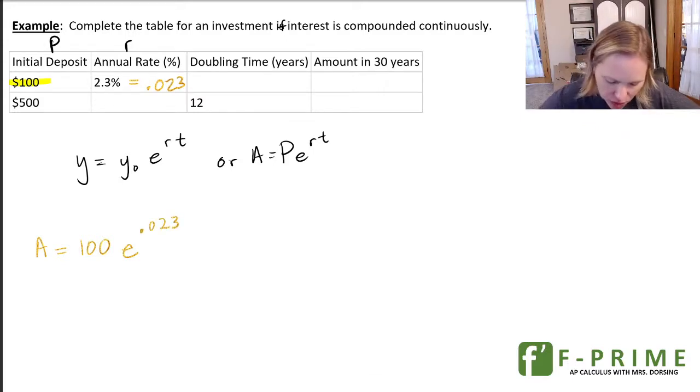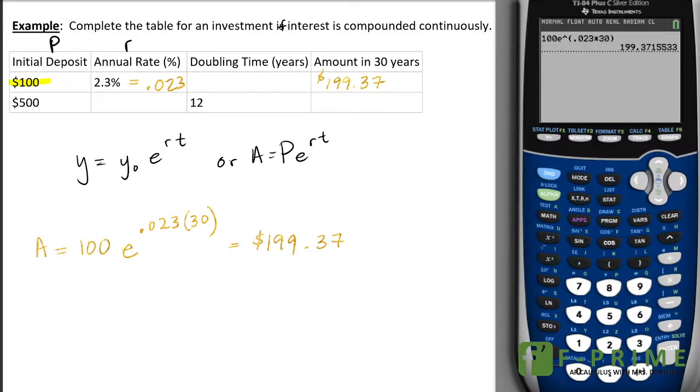0.023, and then we're going to multiply it by the time. So let's do our amount in 30 years. Okay, so T is 30. So we're going to plug that into our calculator and work it out. Now when I work it out and plug it in, we get $199. So not that great. So now let's take a look at what happens when we're trying to find the doubling